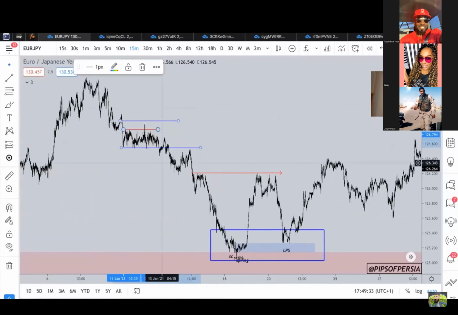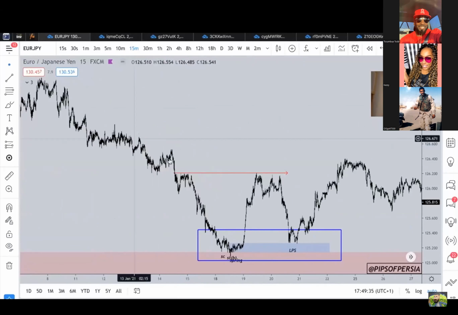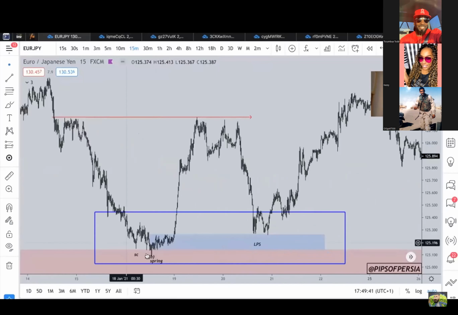Let me just delete these things that we don't need. The market is trending as it's approaching these points of interest. It's coming lower and lower and lower. And over here, when it accumulated and it took off so impulsively and so aggressively, this is now your bullish confirmation. This is now in a way where the market is telling you, hey, I'm probably going to reverse from